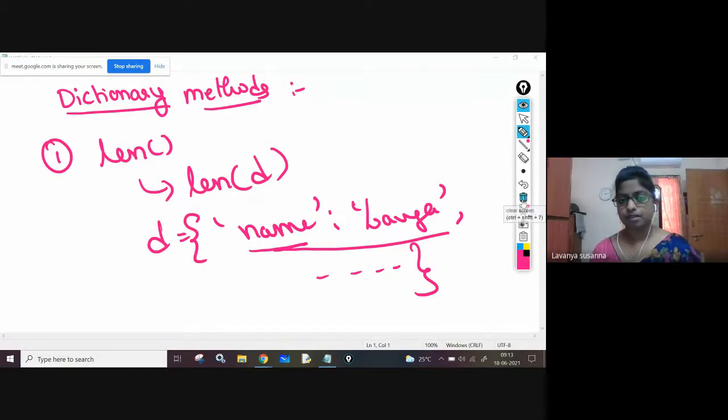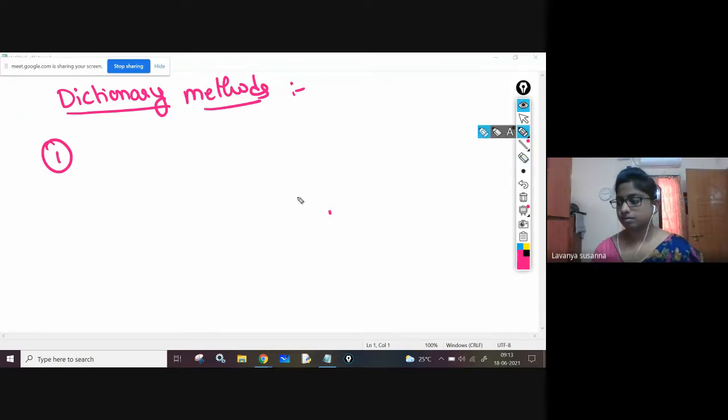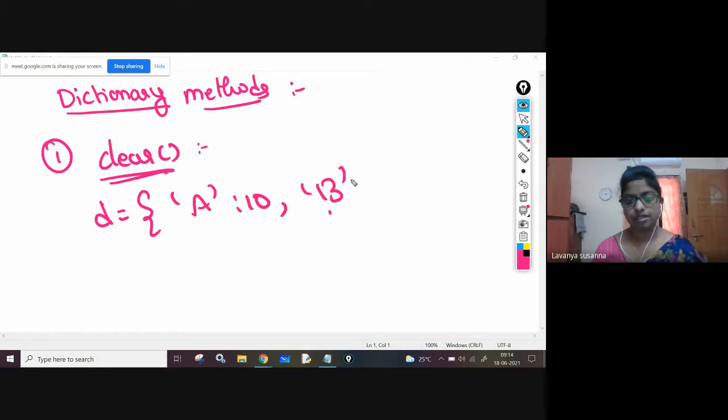Okay, next one, let us see. The clear function. This clear function will clear the dictionary. For example, this is a dictionary, right? Something like A, I have given the value 10, B, I have given 20, and so on.